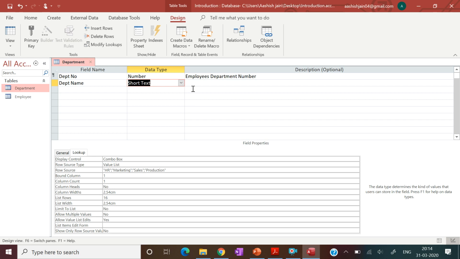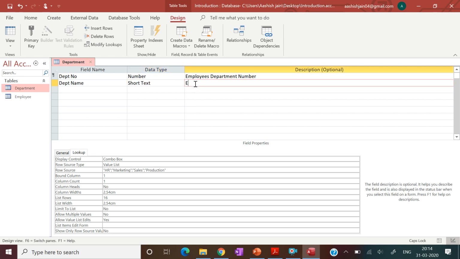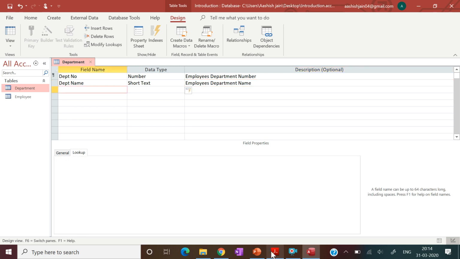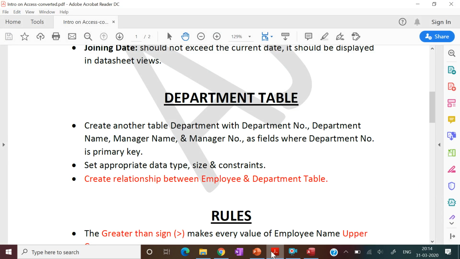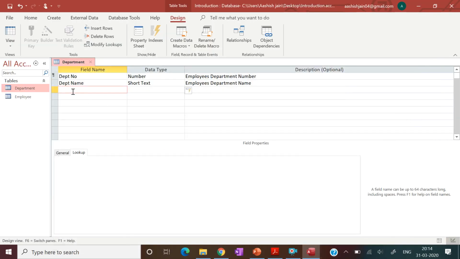Okay. So let's put some description here. Employees department name. Press enter. Then put another field name, that is manager name.